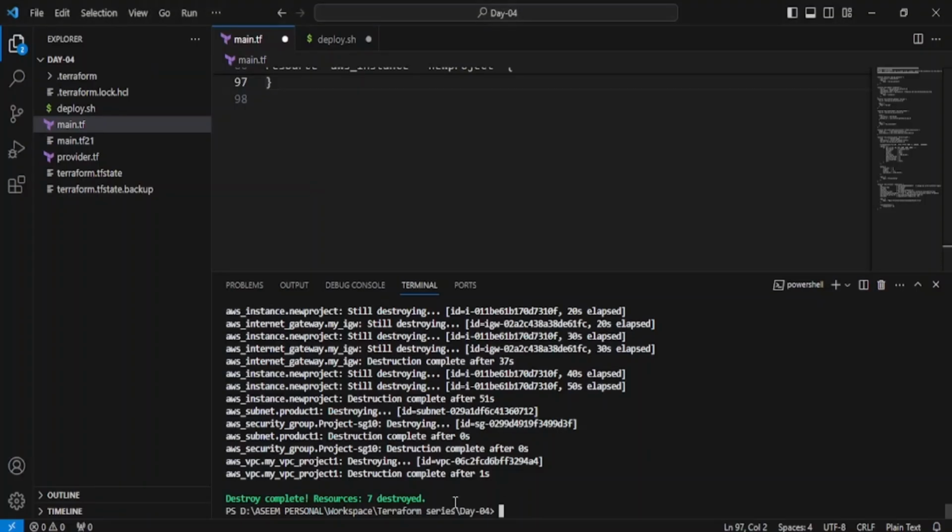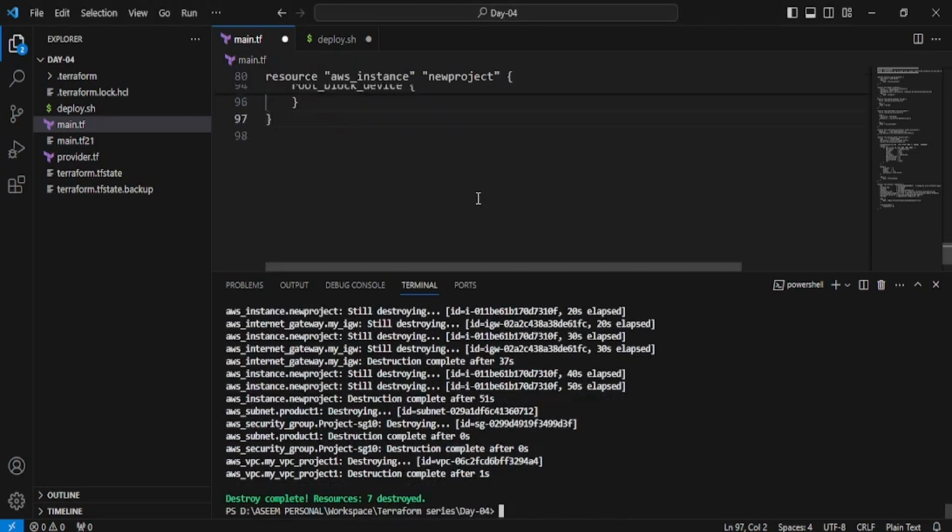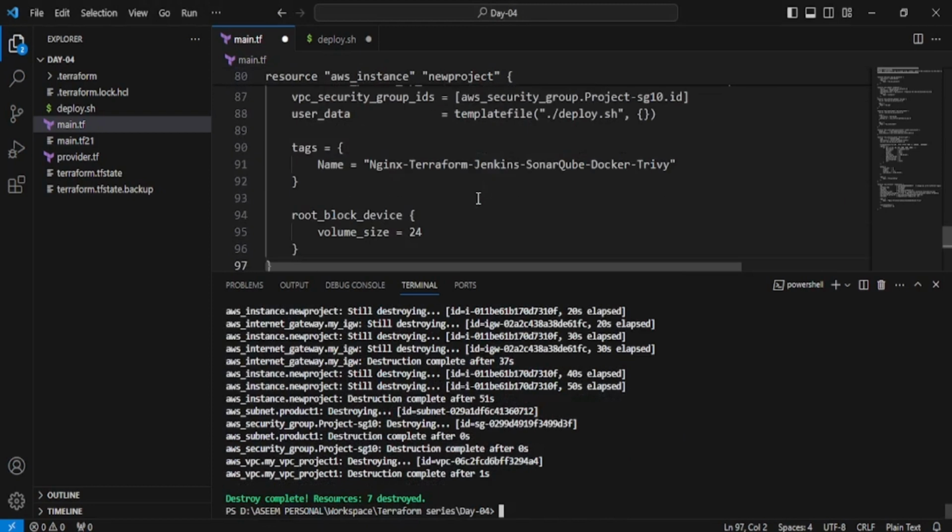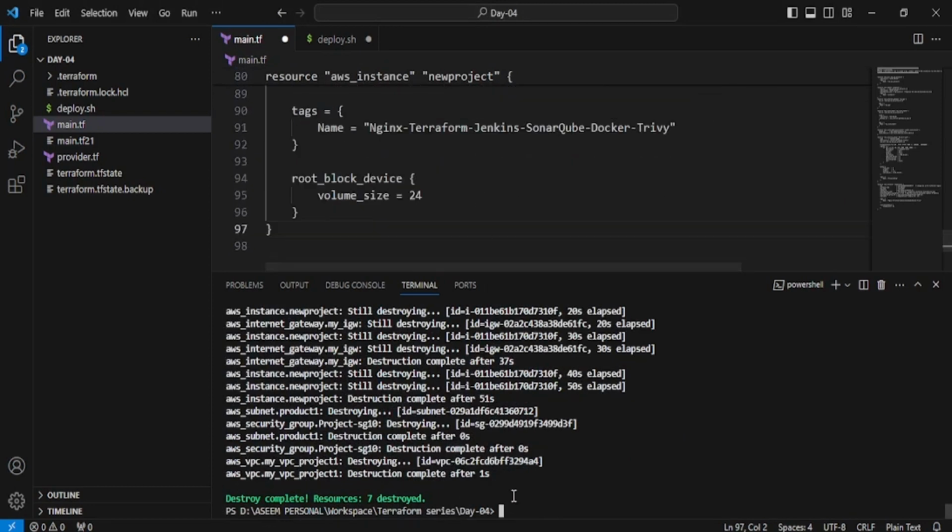If you go back over here, it's showing that 7 resources were destroyed, which we have created. 6 was infrastructure, the 7th was the EC2 instance. So this is already deleted and one file has been created over here. So this is how you can do it. And I'll show you one more important thing. If I change the name, like main.tf 10, I don't have any main.tf file, I have main.tf 10. So this will not be recognized by Terraform. If I